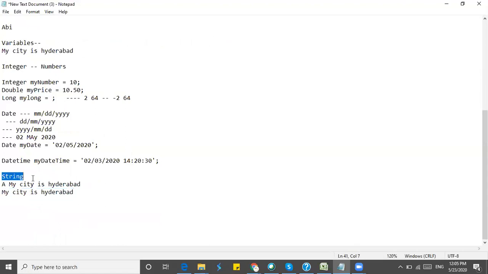You can create a string type variable and you can store it. If you want to give some data to a string, it should be in single quotes.